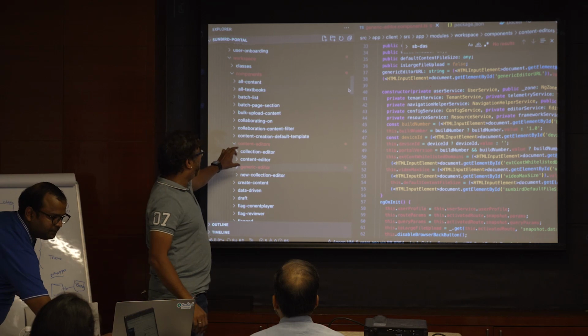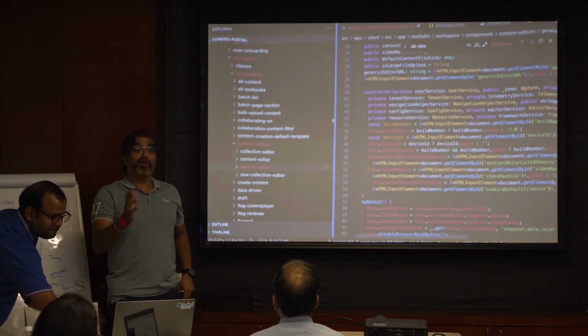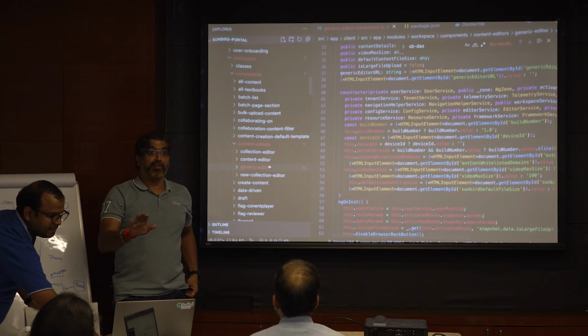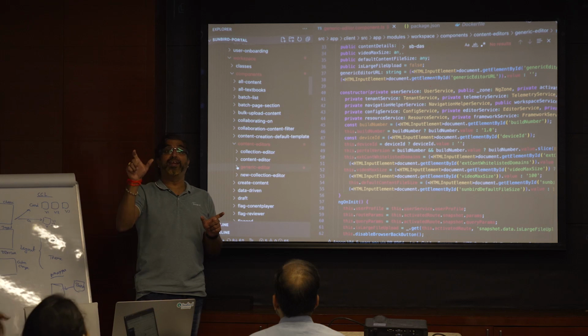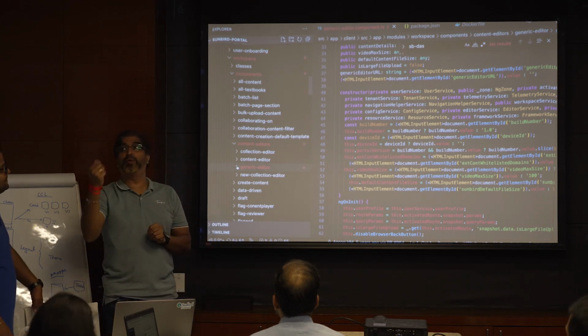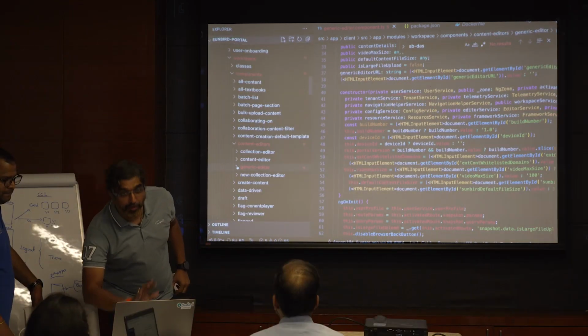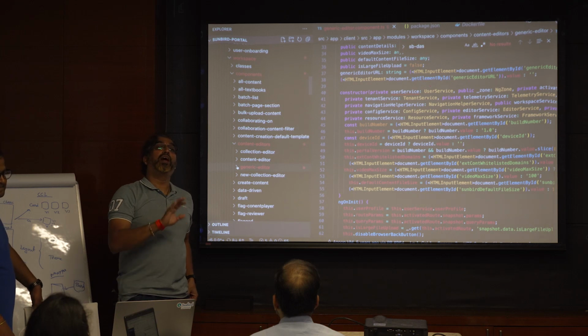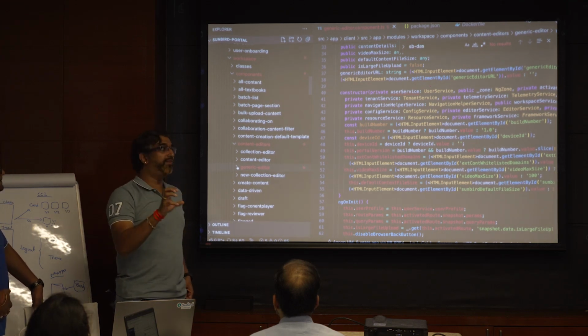So we have components created for each of the editors. It's not the complete editor. We are not writing any code for editors, but an editor needs something as an input that we are going to create and send to it. It's called configurations. We are not writing anything specific for any editor. It is just a configuration.